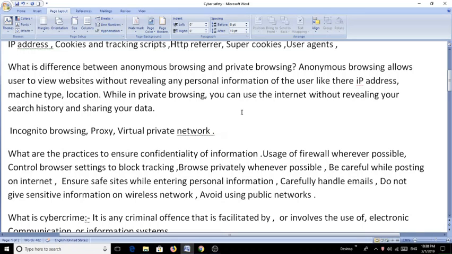Next is super cookies. Super cookies are also cookies, but they are persistent cookies. They come back even after you delete them. Super cookies, like evercookie, store cookie data in multiple places.